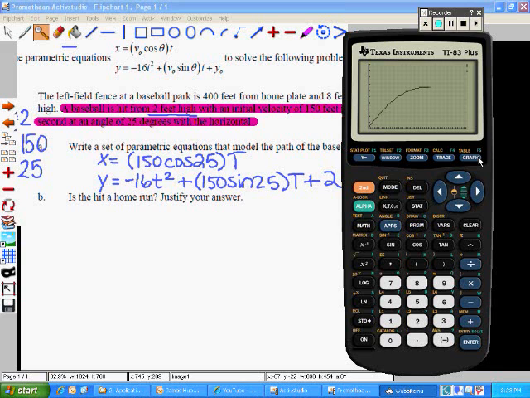So here's the path of my ball. Now again, I can't see the full arc. I can't see the ball hitting the ground. So maybe I want to add more x values over here. I want to see more. So I need to increase my x maximum, because this point right here, that's the x max right now. It's not good enough. I need more. The y seems to be okay. You could maybe lower it, but it seems